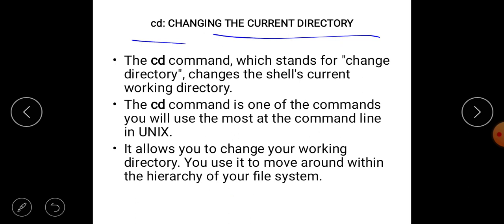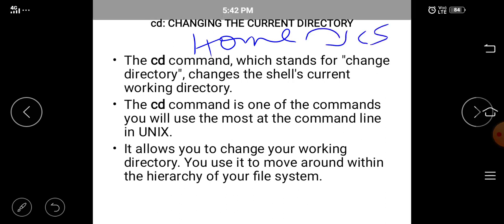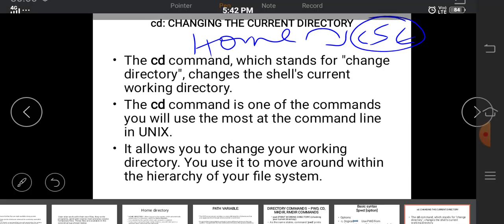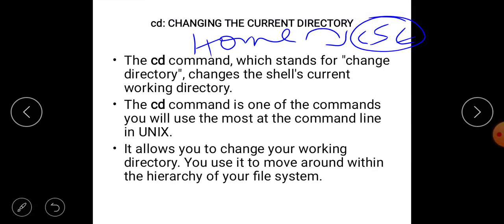What will this cd do? Suppose you are in the home directory and you want to switch to csc. Inside home there will be a csc. When you log in you will be in home only.